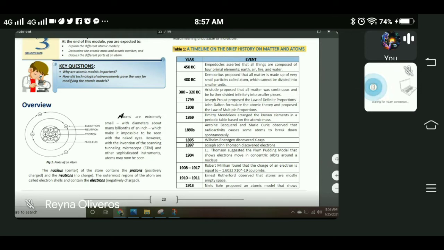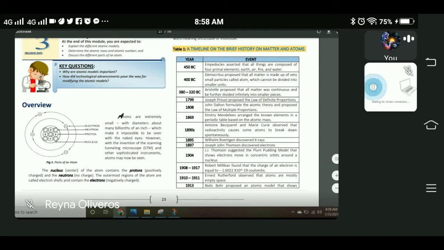With the advancement of this invention, which is what we call the STM or scanning tunneling microscope, we can see what the possible outlook of an atom is. The nucleus, being the center of the atom, contains the protons, which are positively charged, and the neutrons, which have no charge. The outer region of the atom is called the electron shells, which contain the electrons